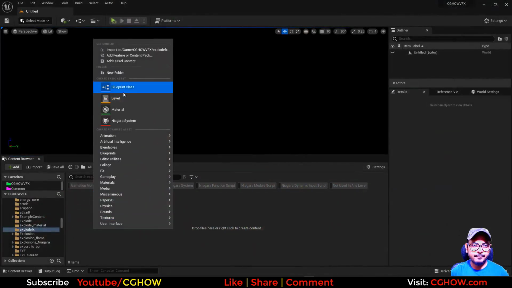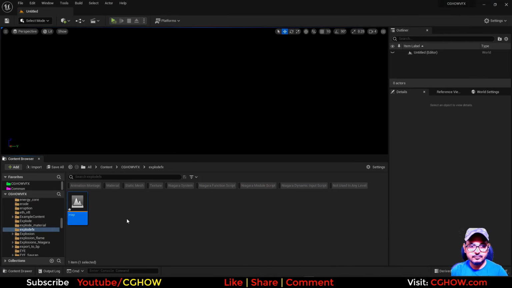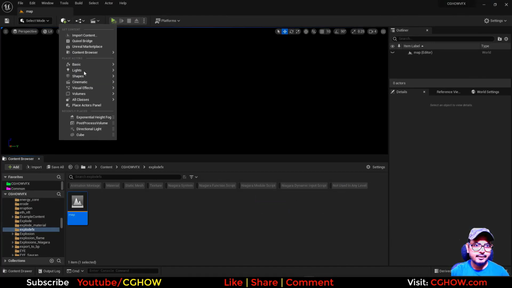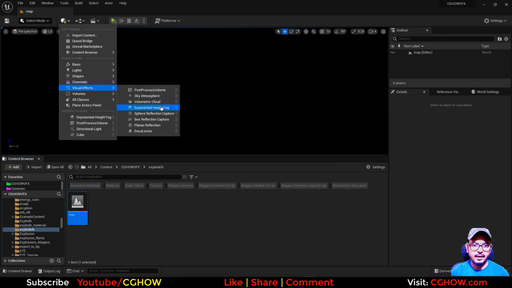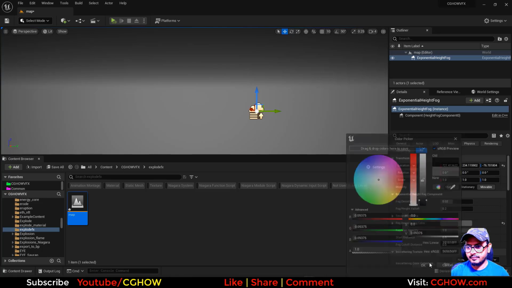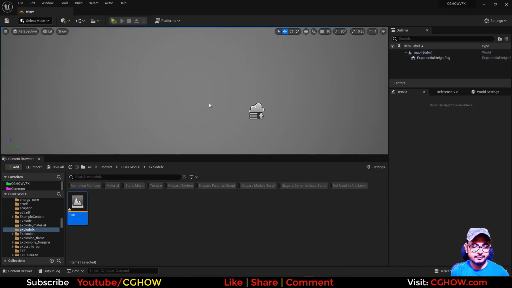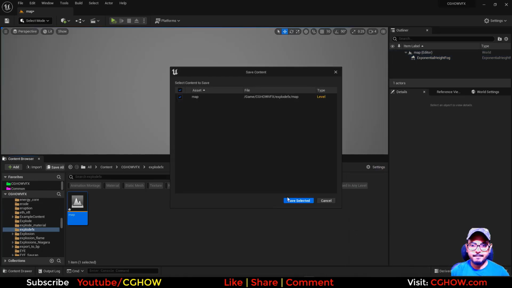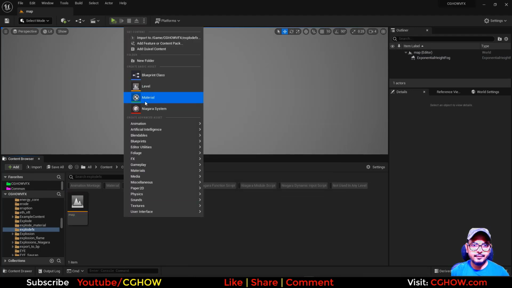First, I will create a map, just a gray map. So I will add exponential height fog and just make this gray. Okay, and then I'll need Niagara